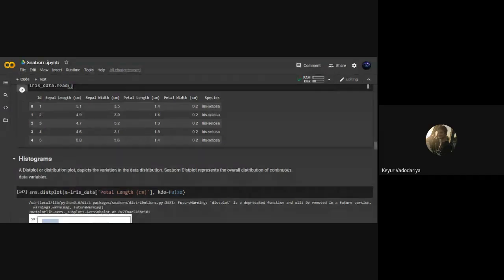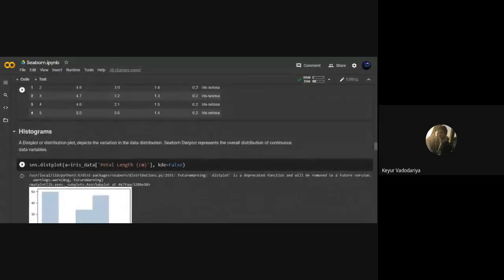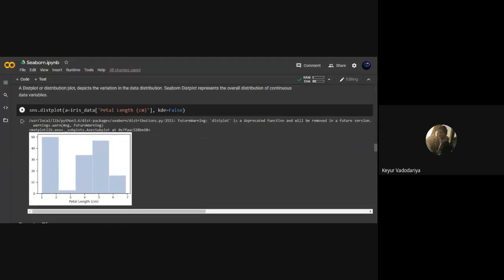Plotting a histogram in Seaborn is very easy. We don't have to specify any parameters like number of bins and all that. We simply have to write sns.distplot. We have to specify the data which we are going to plot, that is iris data and petal length. We will be plotting histogram of petal length, and we will be setting KDE to false.